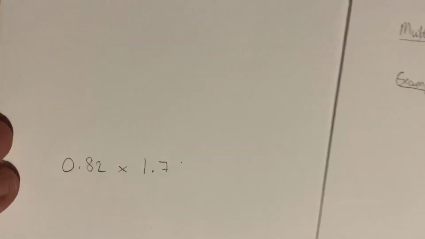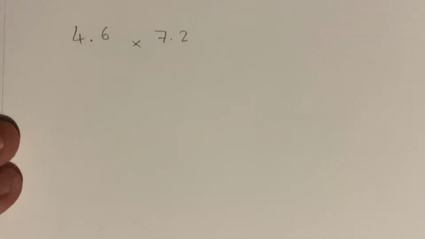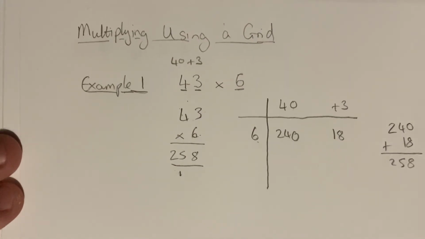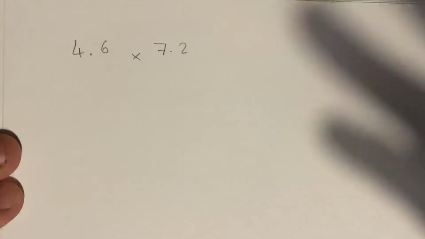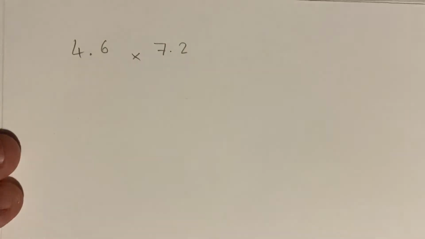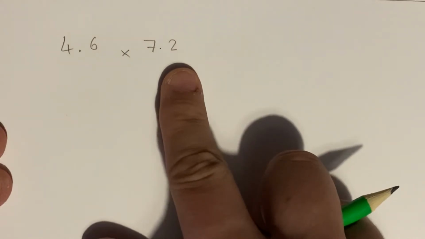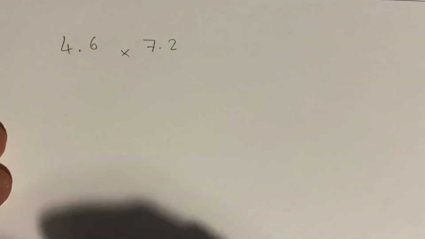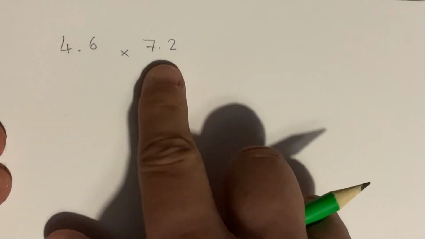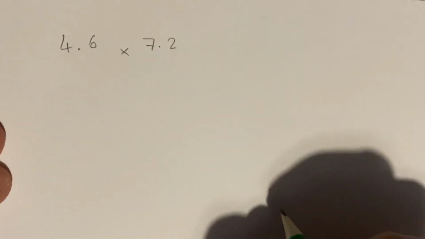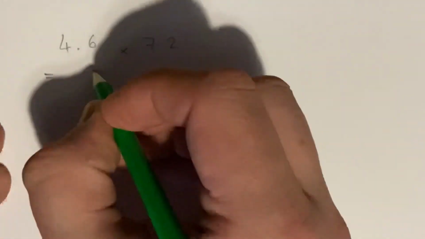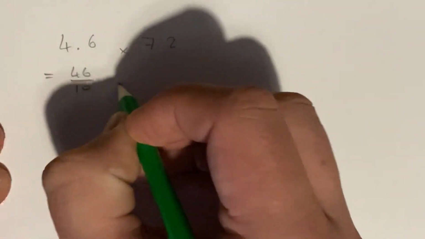Now, it doesn't matter whether we're dealing with integer values, so whole number values, or if we're dealing with decimals. The same principle applies. Okay, what we're going to do with this one, we've got 4.6 times 7.2. Now, I can imagine that as being 46 tenths. I can imagine that as being 72 tenths. Okay, so what I'm going to do with this, first of all, I'm going to rewrite this as being 46 tenths times